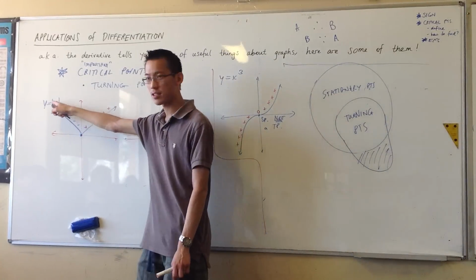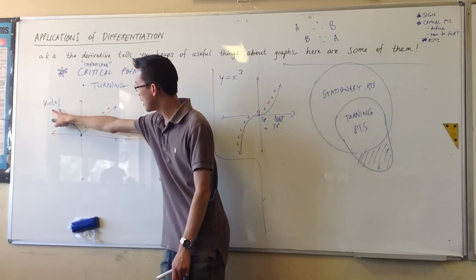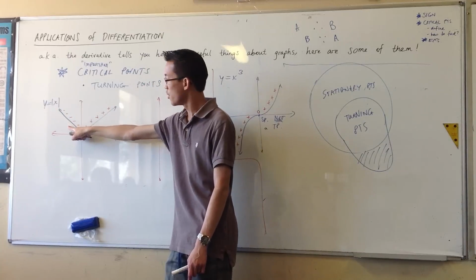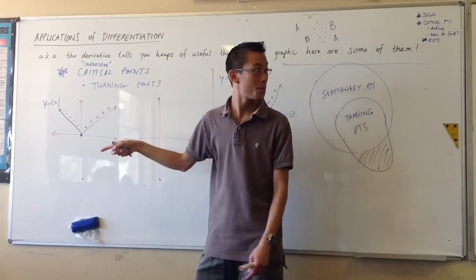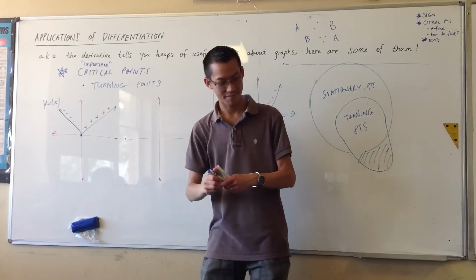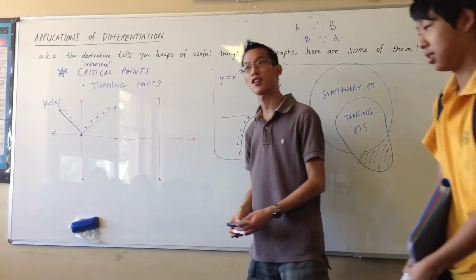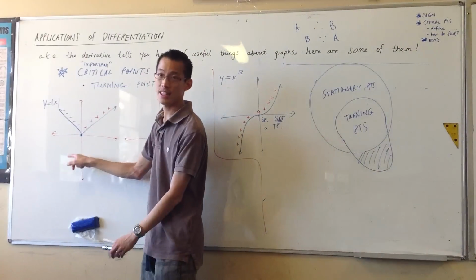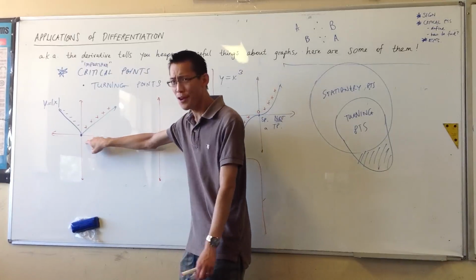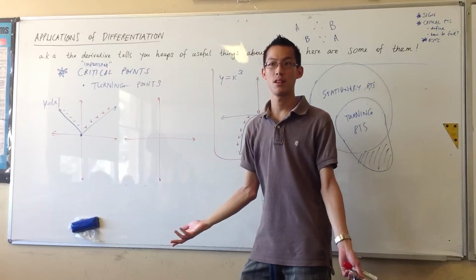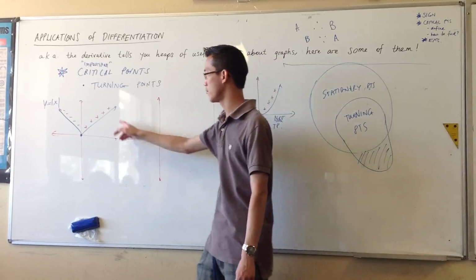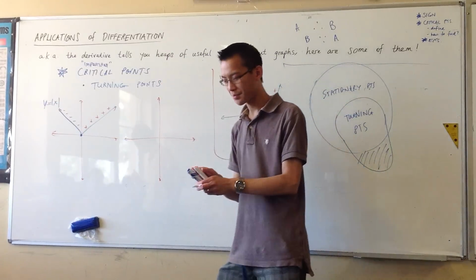Because when you think about what the gradient is approaching, okay? Over here, as you get closer to the origin, you're approaching -1. But if I go to the origin from the top, if you approach it from above, you're getting a completely different value, right? So there is no derivative at that point, but the derivative changes sign on the other side. So therefore it's a turning point. And I mean, you know, it turns. Okay. Alright, now,